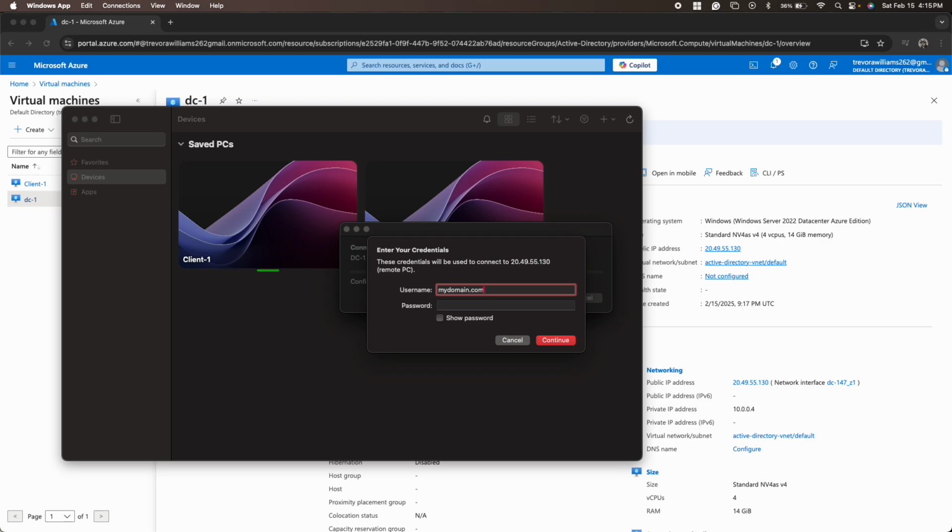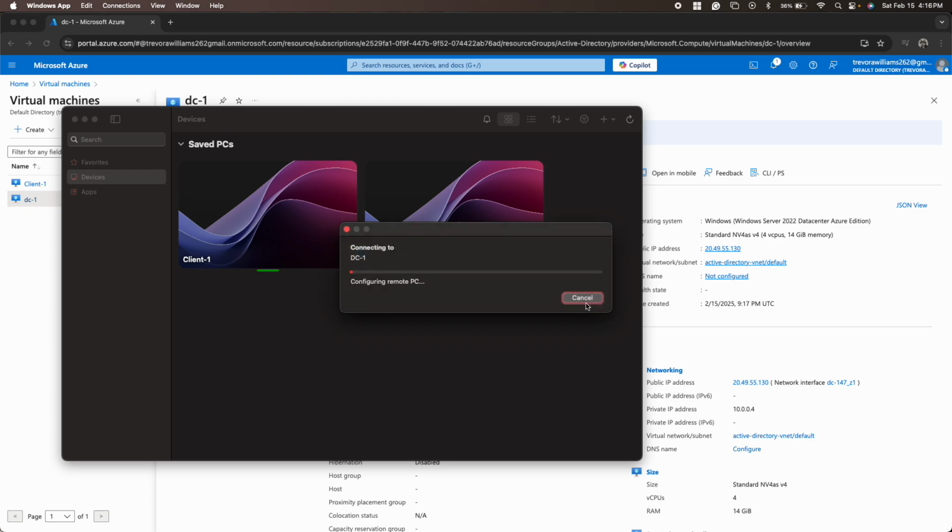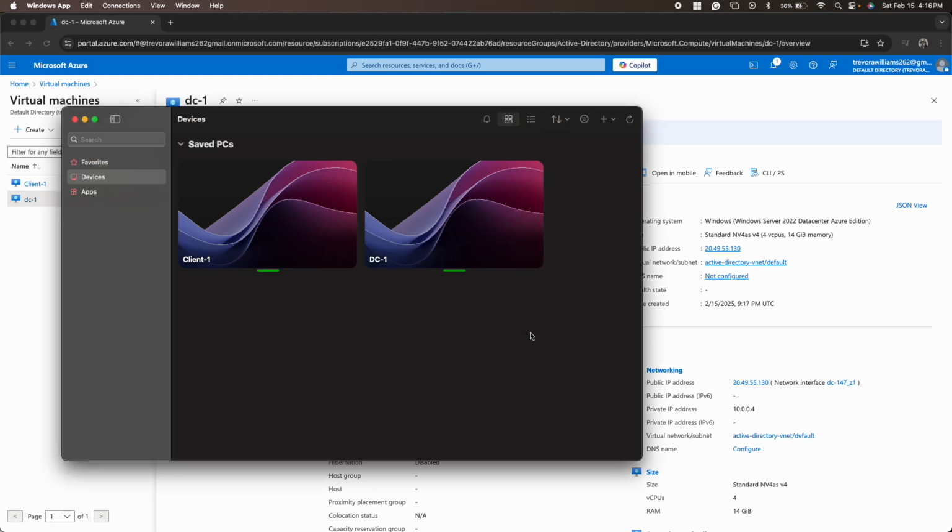or a DNS server, and you download Active Directory, you have to specify your domain as you log in. Since we made it mydomain.com, you have to put that first, then a backslash, and then your username, or else it will not let you sign in, because it's not registering that you're part of the domain if you don't put that in there. So let's put our password in there, continue,